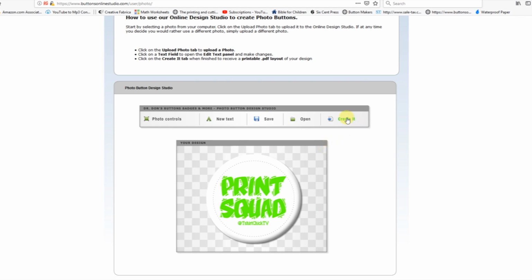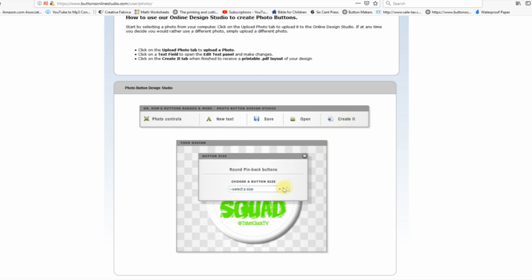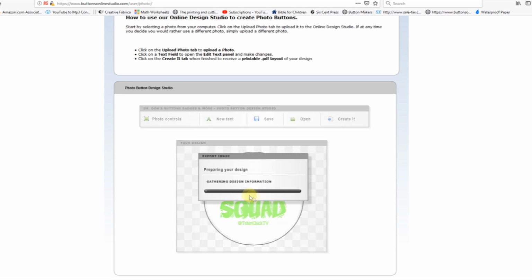Y'all kind of see, and then select size. So as you look at the sizes right here, they do have the Badgerment 2 1/4 inch, and they have the Badgerment 3 inch. They have the Badgerment sizes on here, so I'm using the Badgerment 2 1/4. So I'm gonna go ahead and click on that, and as you guys see, it's getting everything ready to be